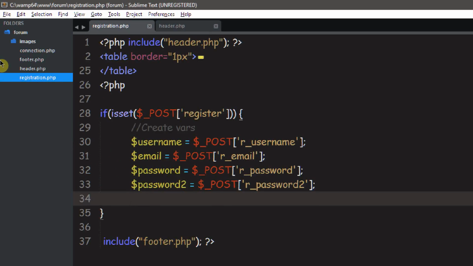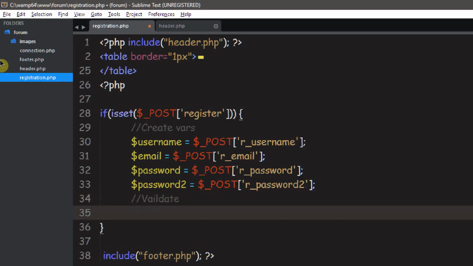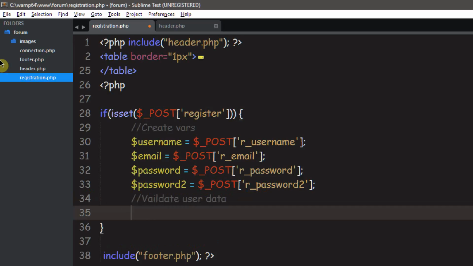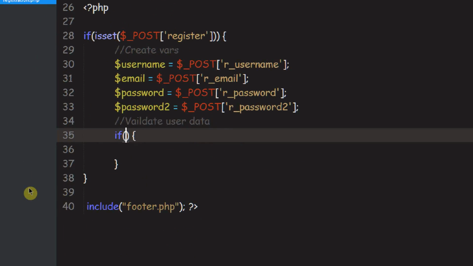So now what we need to do is start validating. I'm just going to create that comment, validate user data. And the first thing we're going to do is check to see if they're actually entering in a valid email or not. And to do that, we just say if, and what we want to check for is that the email